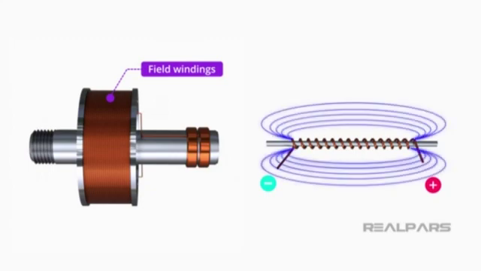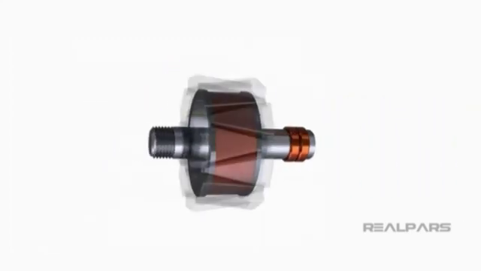Voltage is applied to the coiled wire, creating a current in it. This creates a magnetic field around the coiled wire. Much like a permanent magnet, there is a north and a south pole. A rotor also has